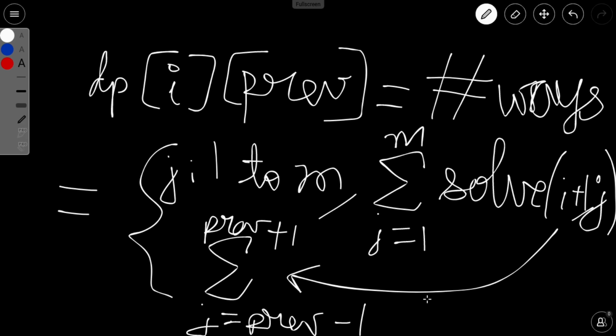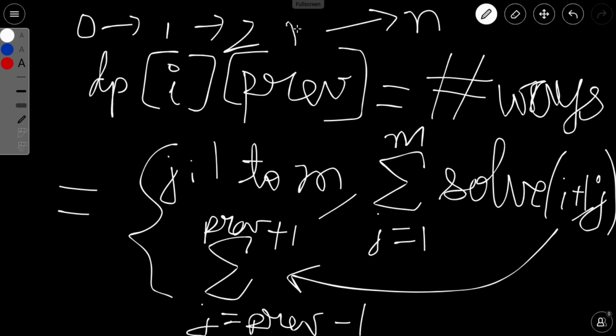So let me tell you, the base condition would be when, since we are going from left to right, it will call for 0, then it will go for i equal to 1, then i equal to 2, and so on until you reach i equal to n. Since we are having elements up to only the n minus 1th index, which is the last element, if we reach i equal to n, it means that we have reached the end of the array. So there is nothing to fill now.